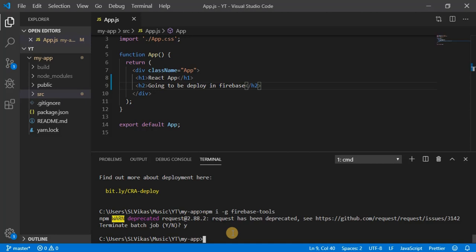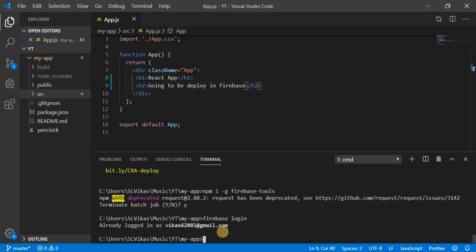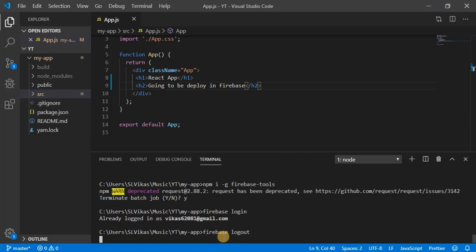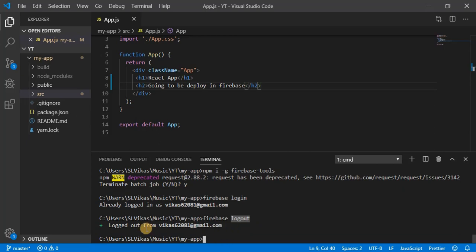Okay, next what I have to do, firebase login. Okay, so it will ask you to log in. So as you can see here, I'm already logged in with this email ID. So let me log out first. So firebase logout. Okay, so this command will log me out from Firebase. You can see here logout.